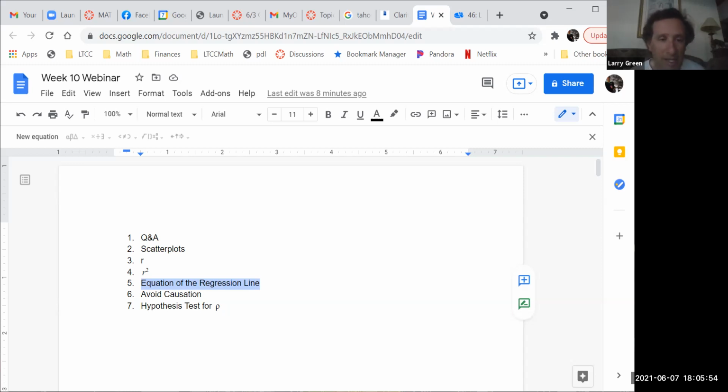So we're going to be looking at the equation of the regression line. It turns out they usually don't use m and b in statistics. The reason is a little complicated, but you can trust me that there is a reason. We're going to be talking about the equation of the regression line, and how you interpret the slope and how you interpret the y-intercept when we're talking about regression analysis.